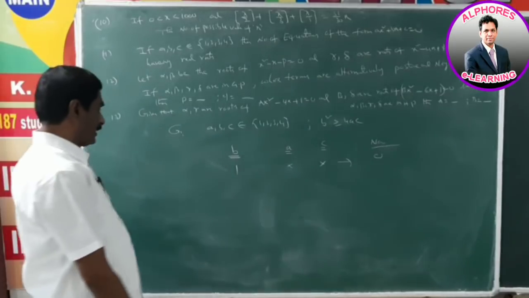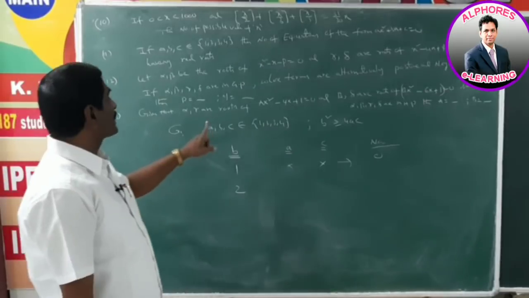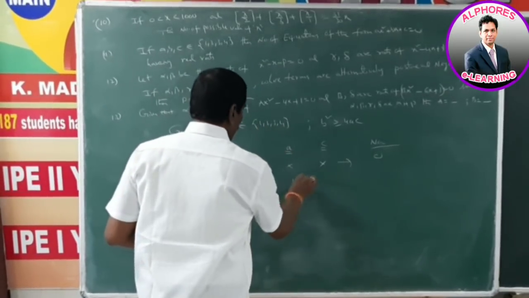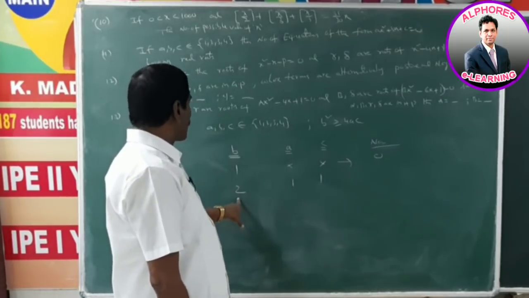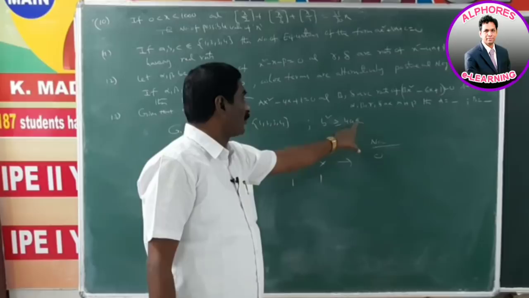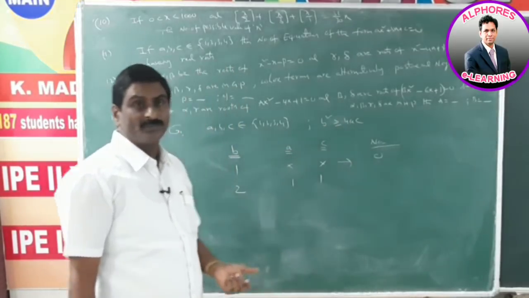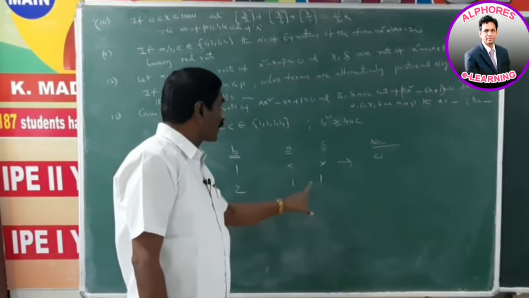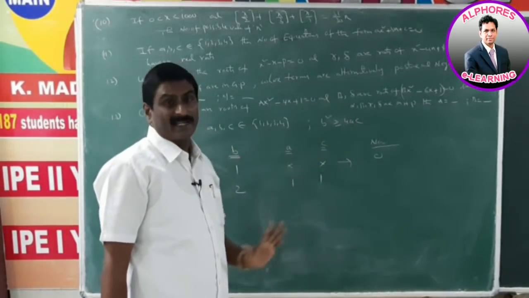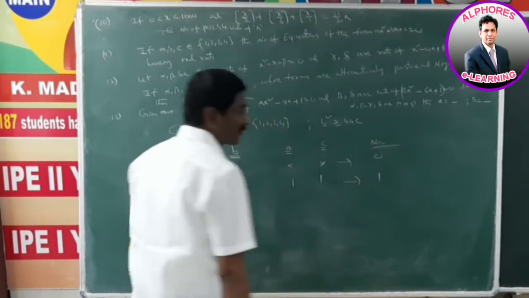Next, when b = 2, the minimum values of a and c are 1, so a = 1, c = 1. Here b² = 2² = 4, and the right-hand side is 4 × 1 × 1 = 4. So b² ≥ 4 is 4 ≥ 4, true. Suppose we take a = 1, c = 2: the right-hand side is 8, so 4 ≥ 8 is false. So in this case we get only one solution, (a, b, c) = (1, 2, 1).